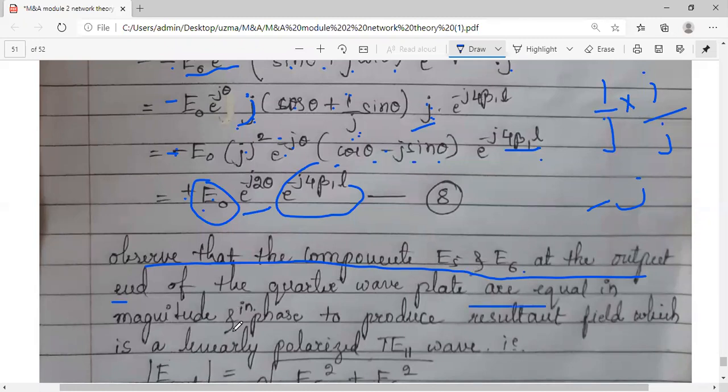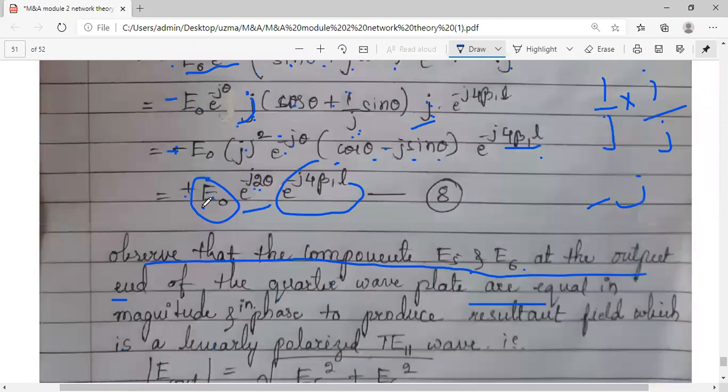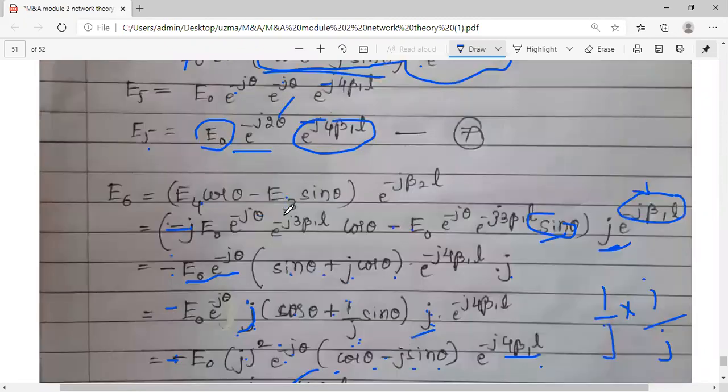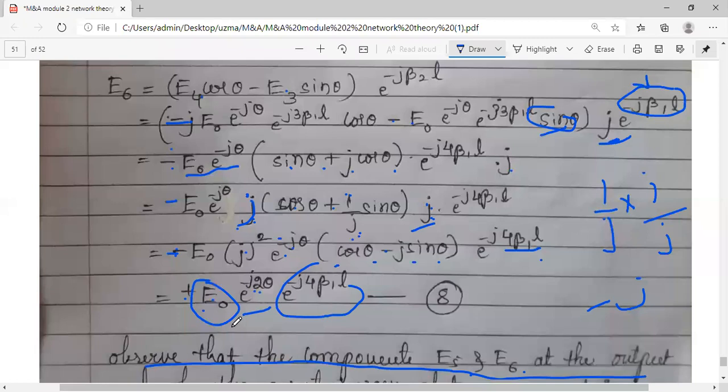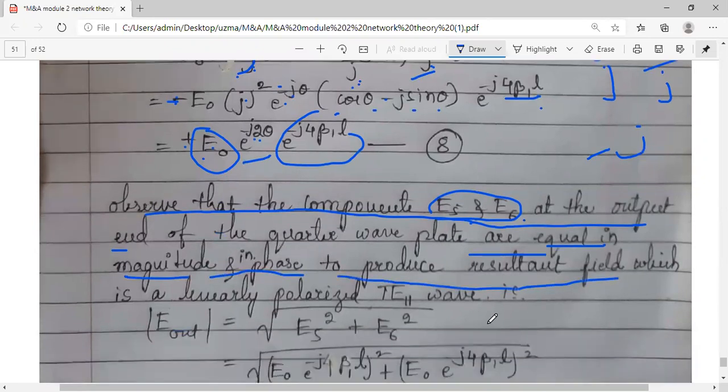So finally, if you want to take its magnitude and phase, both are the same. You can see minus j2 theta, minus j2 theta, so they are in phase. What is the amplitude? E naught, E naught. So every term is the same in equation 7 and 8. What can you conclude from this? Whatever E5 and E6 come out at the output port after your last plate, they are equal in magnitude and they are in phase, because the angle and the phase of both are the same,